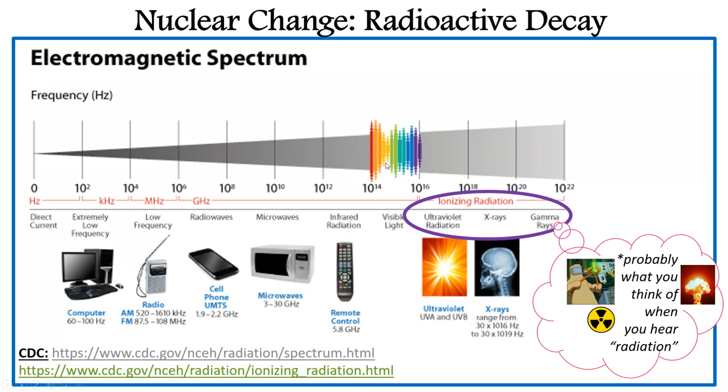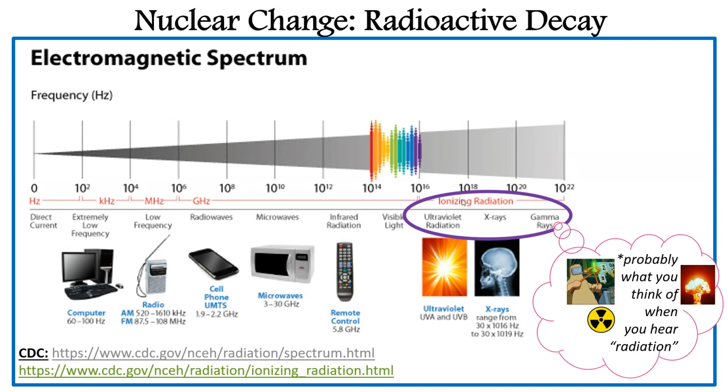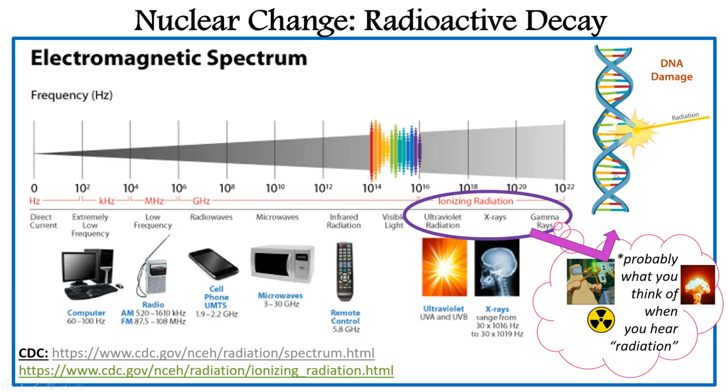So the main idea is that some forms of radiation on this higher end are the ones that science has really linked to harmful effects. And those are classified as ionizing radiation. So, ionizing radiation, my slides got out of order. Ionizing radiation is really like the stuff that's going to have negative health consequences.